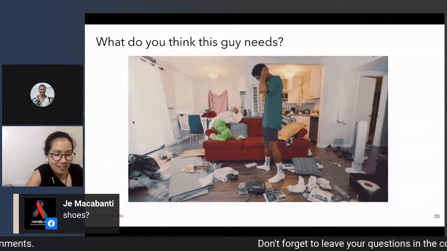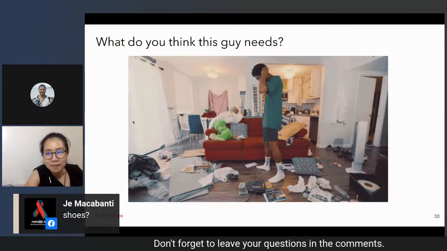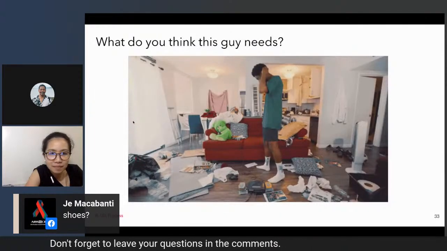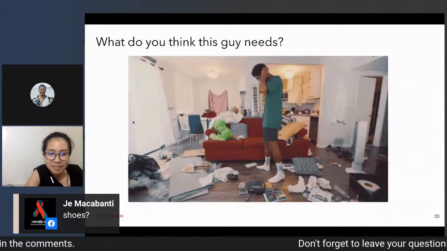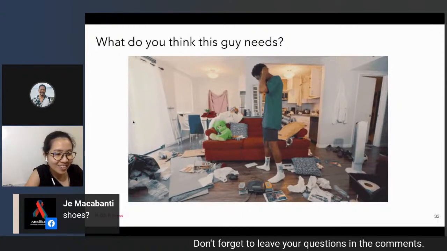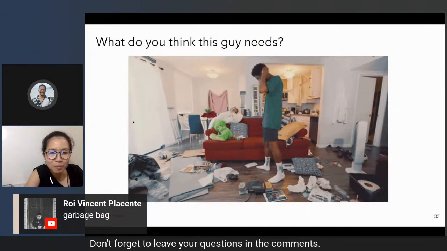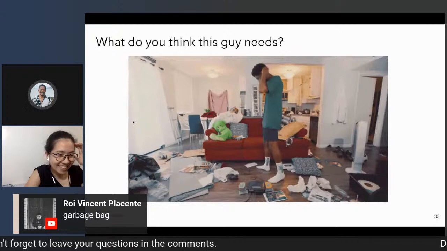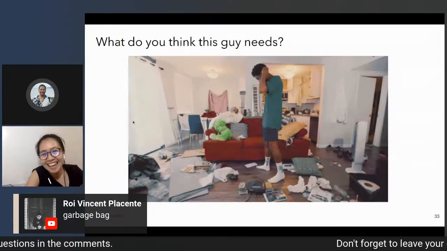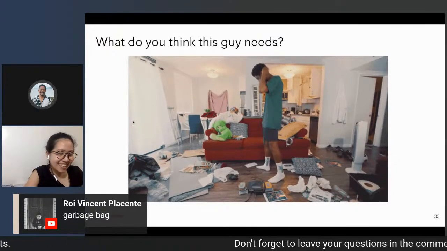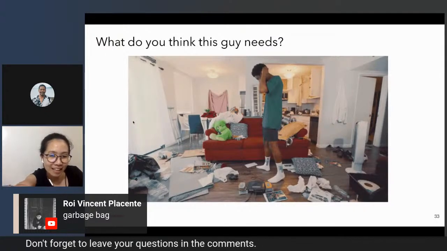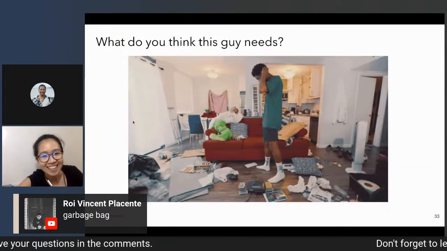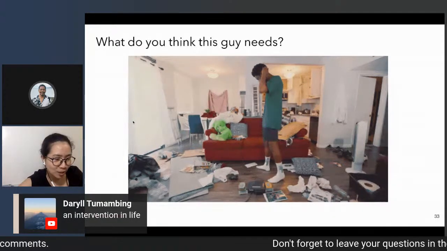Any other answers? Okay, naghihintay ako ng medyo showbiz one answer eh. Wag showbiz. We have Roy here suggesting that the guy needs a garbage bag. Garbage bag. Okay. I think he has a garbage bag on the left. And this one is more controversial.